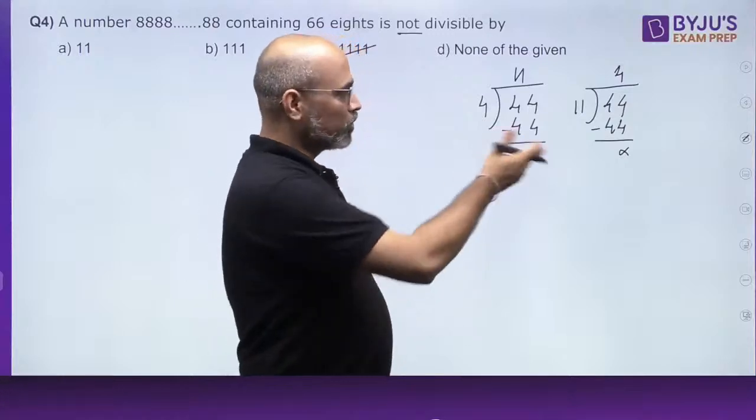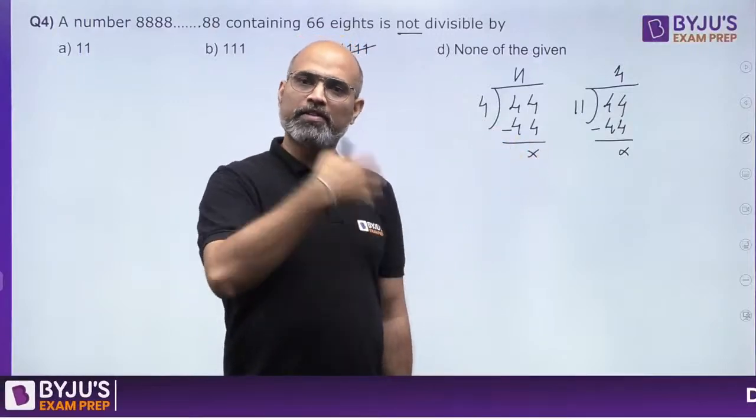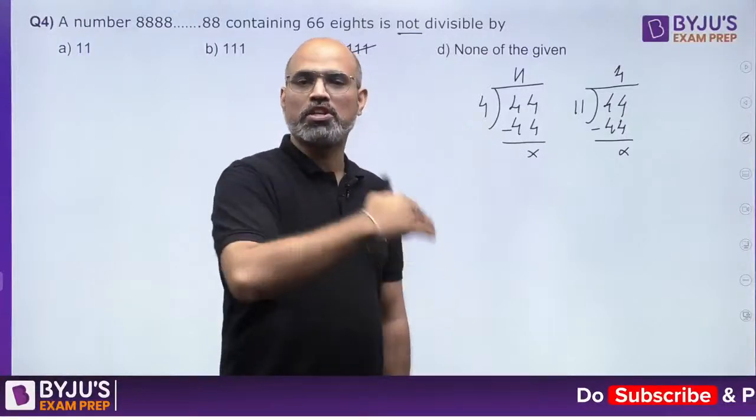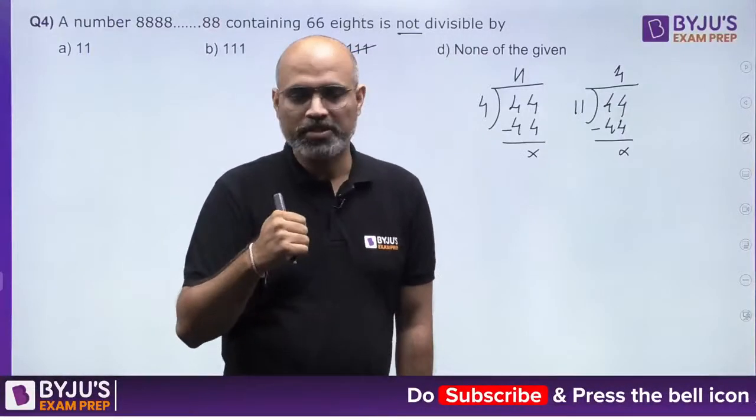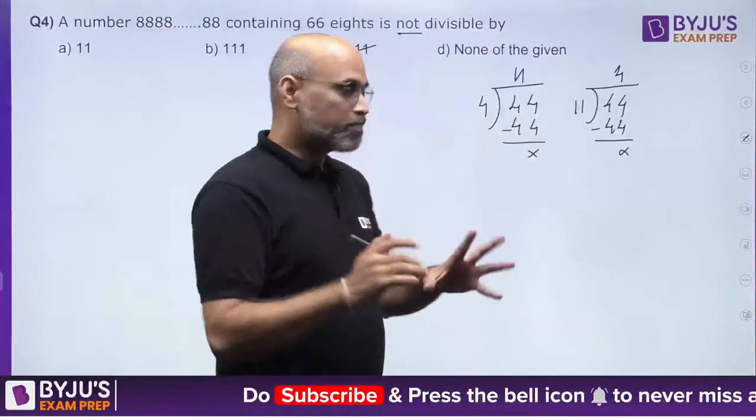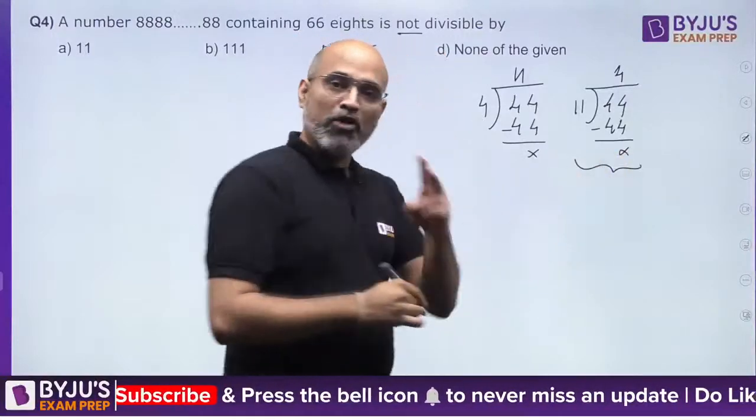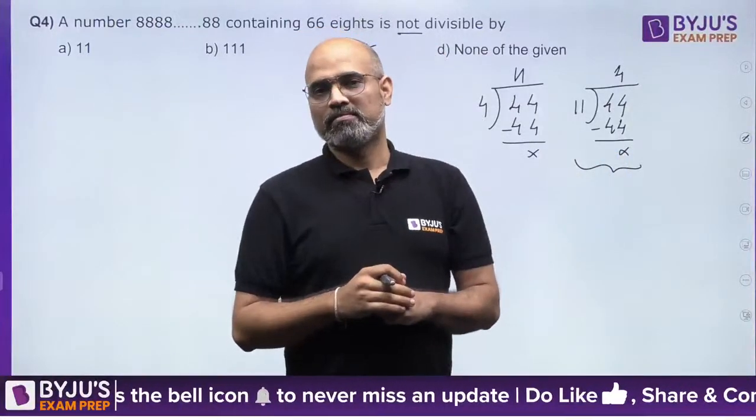It's a simple thing, isn't it? 44's factors are 4 and 11. If you divide it by 4, you will get 11 as the quotient. If you divide it by 11, you will get 4 as the quotient. Now listen to this part carefully. If 44 is divisible by 11,